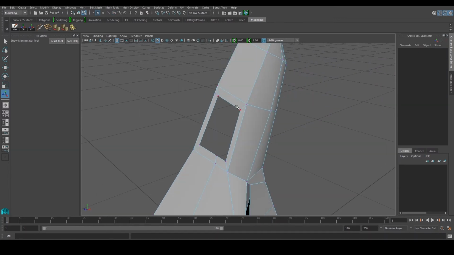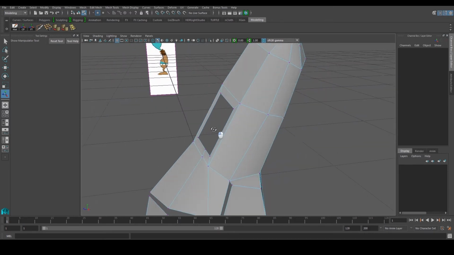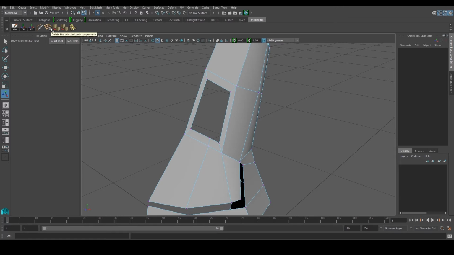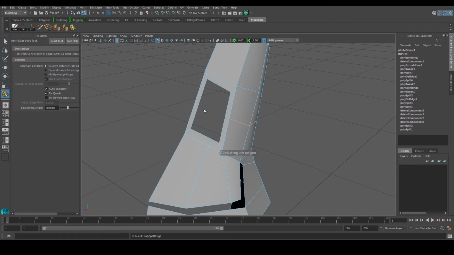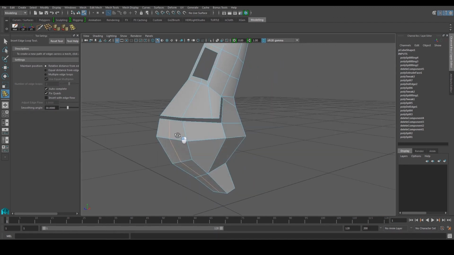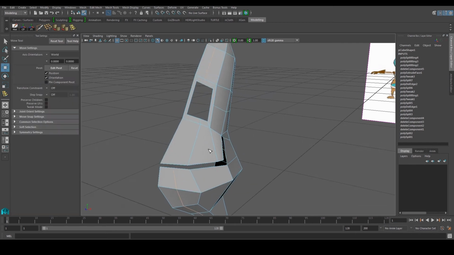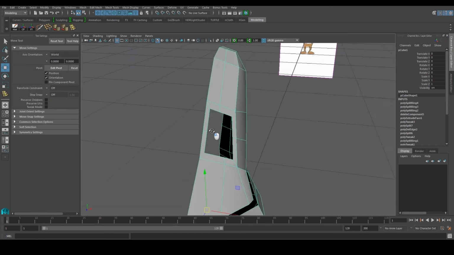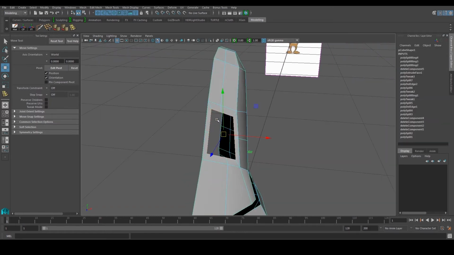Now you can start to count. You have 1, 2, 3, 4, 5. So you have 5 sides for this eye socket over here. Perhaps I want to add a bit more, so I'll have 1 over here, 6, 7, and maybe 1 more at the top going all the way around to the bottom over here, which makes it 8. Let me just check again. I go back to my vertex. I have 1, 2, 3, 4, 5, 6, 7, 8. So I have 8 vertices, which is just nice for me to do the socket.